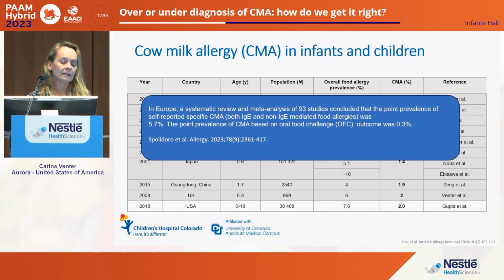We also recently did a systematic review. I'm one of the co-authors looking at cow's milk allergy prevalence in Europe. We looked at 93 studies. We concluded that self-reported cow's milk allergy was 5.7%, and that the point prevalence of cow's milk allergy based on oral food challenge outcome was 0.3%. But this 0.3 was actually much higher when we also included children who had clear symptoms, support